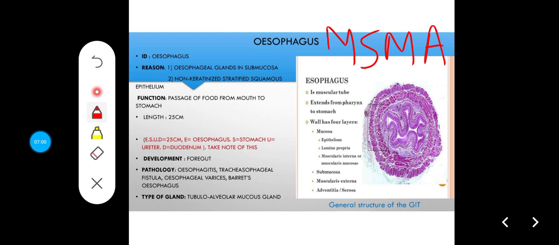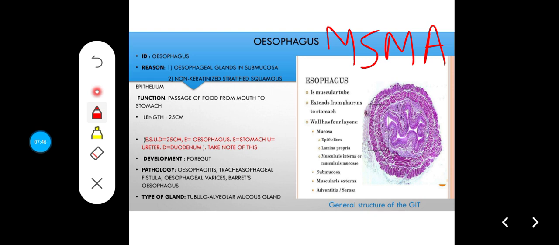Now, the muscularis externa in the gastrointestinal system is mainly smooth muscle, and it has an inner circular layer and an outer longitudinal layer. There are a few exceptions, like in the upper part of the esophagus, where you find skeletal muscle, and in the stomach, where you find three muscle layers, of which the innermost one is the oblique muscle layer. But the general structure of the muscularis externa is the internal circular muscle layer and the outer